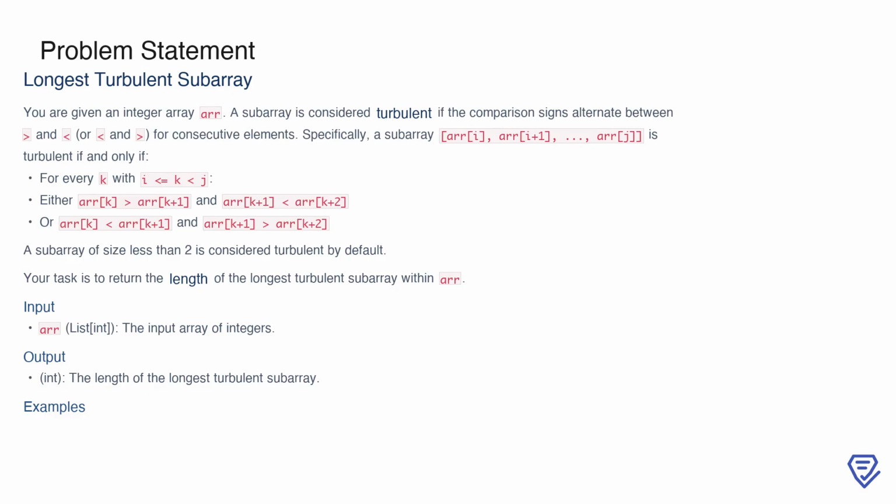In this problem, we are tasked with finding the length of the longest turbulent subarray within a given integer array called ARR. A subarray is considered turbulent if the comparison signs between adjacent elements alternate. For example, one element is greater than the next, and then the next is less than the one after that,